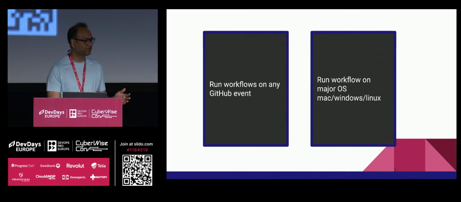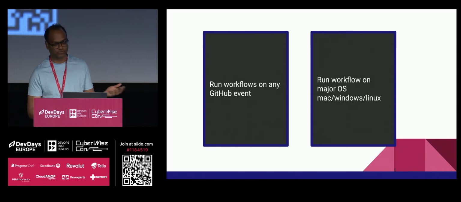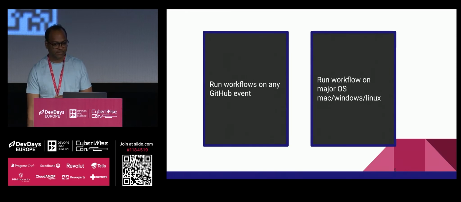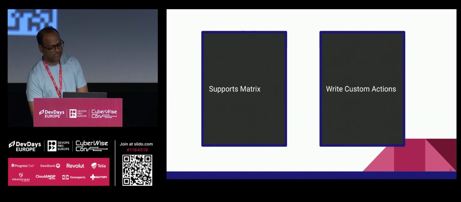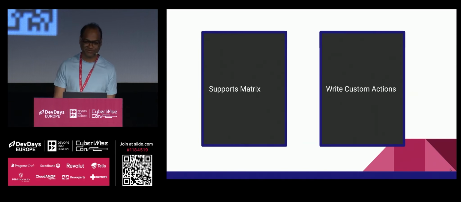And we can run our workflow on any machine. Now, thanks to GitHub, macOS is now open source as well. So in case you are running your workflows and you have an open source project, you can now use macOS as well. Earlier it was mostly Linux, but there are some limitations with Linux, so Mac comes in handy. And of course there is Windows for some reason. It also supports matrix, and in the demo I'm going to show you how we can create a matrix as well, and you can also write your custom actions. That's how people steal data, right? Just kidding, don't do that.